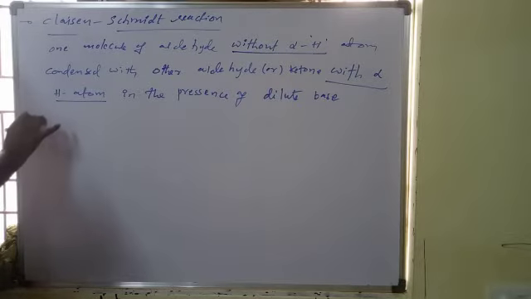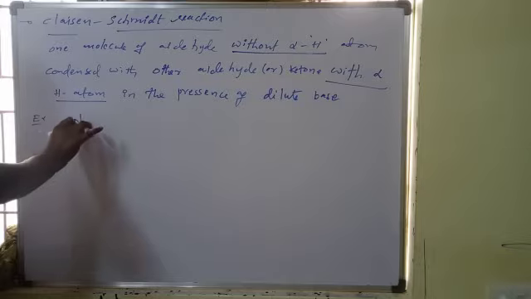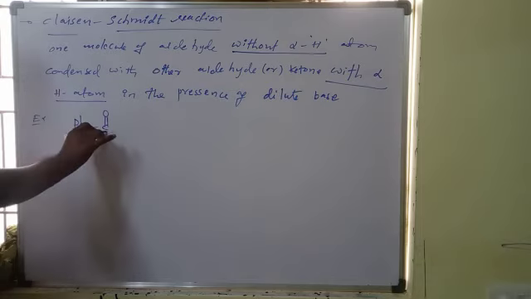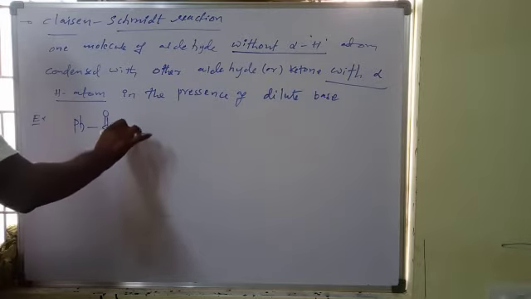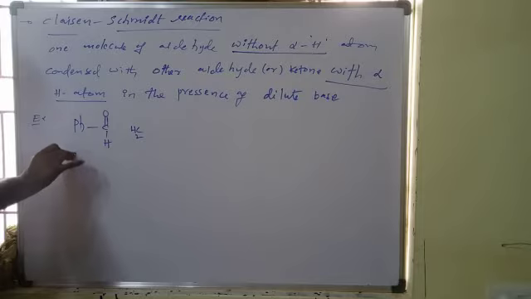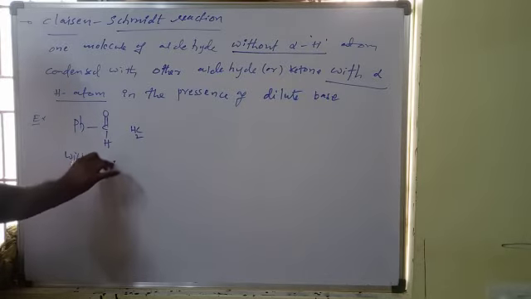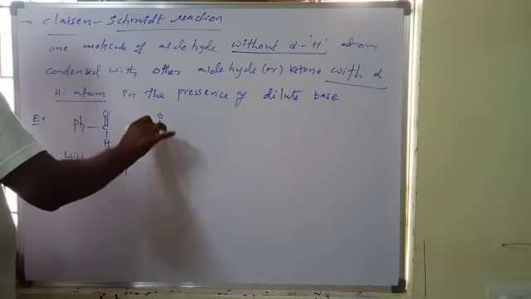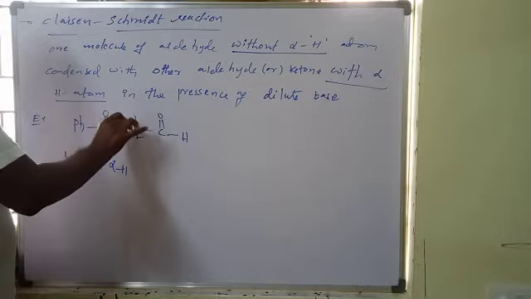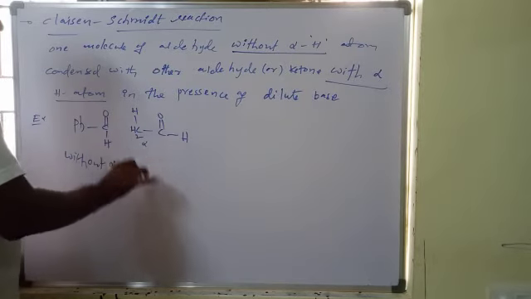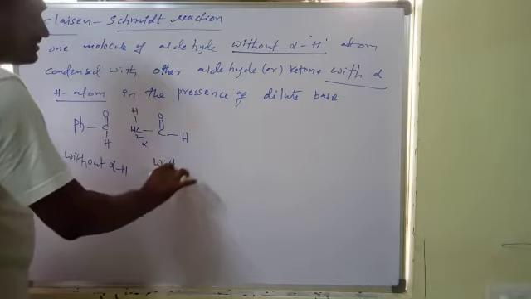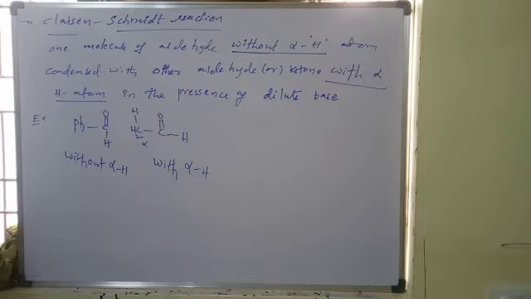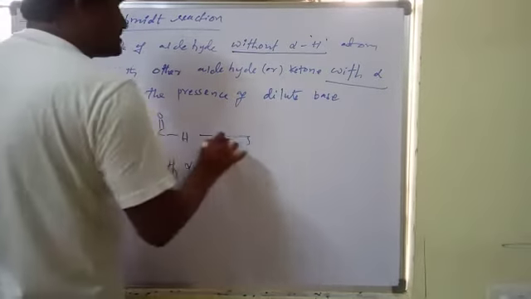For example, I am taking benzaldehyde, which is without alpha hydrogen, and another molecule with alpha hydrogen. Here, writing hydrogen, this is alpha. Without alpha hydrogen and with alpha hydrogen, in the presence of base,